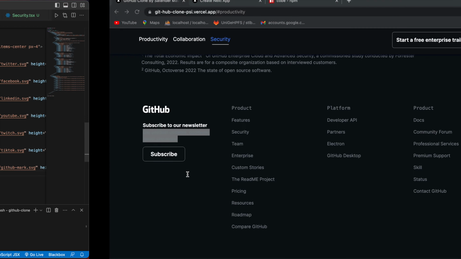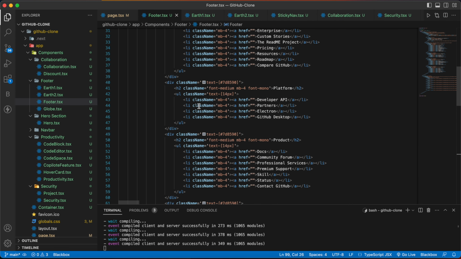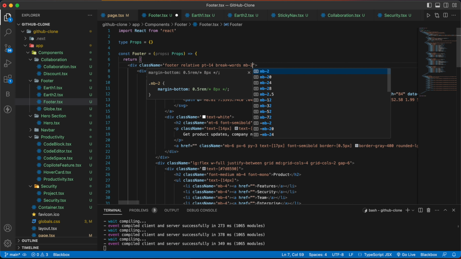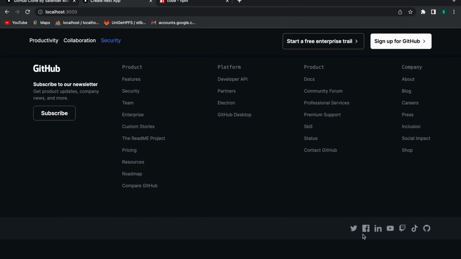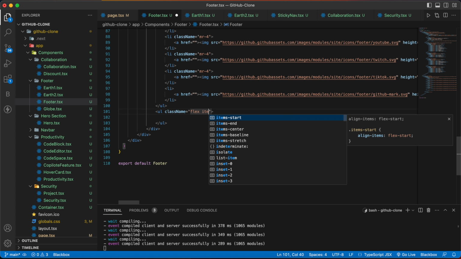Now save it and go back here, and let me give some margin here, margin bottom of 32, and now you can see that we have our image icons here. And now we have to make our left section. For that, outside this UL, make one more UL with a class name of flex, items center,